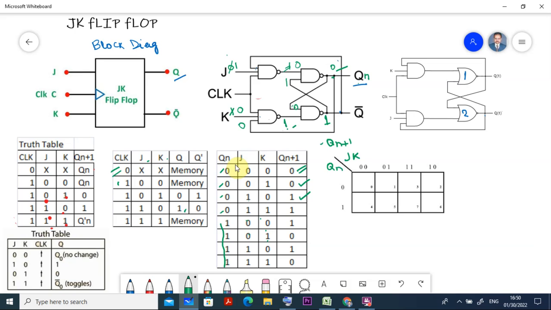At 0 it is equal to 0, at 1 it is also 0. At 0 1 it is 0, and at 2, meaning 1 0, it is 1.